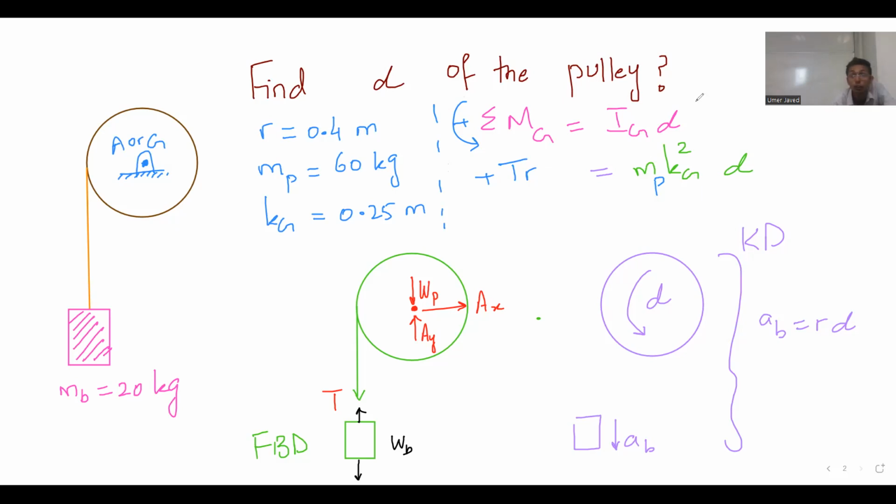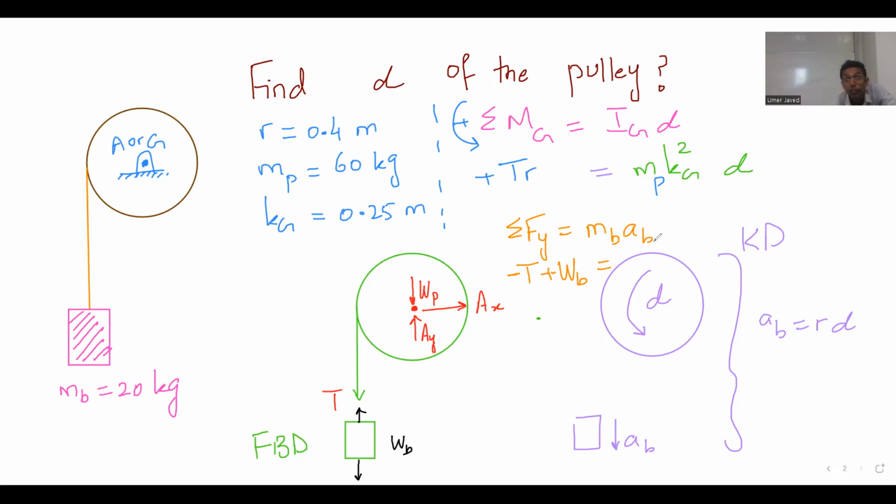find the value of tension, but you don't have tension, so you will write summation of forces in the y direction is equal to mass times acceleration, M_B a_B. Very good, because that's the only thing that is moving. Then the tension is upward, minus T. The weight is downward, let's say positive is downward, equal to